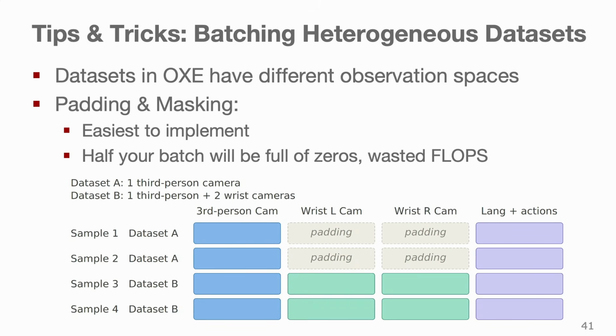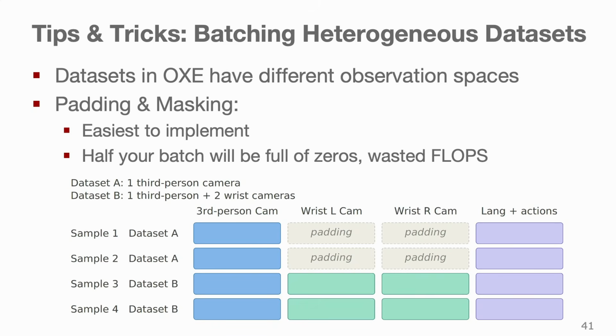Another design choice one has to make when training generalist policies is how to batch heterogeneous data. This will be maybe less relevant for you because I assume you will mostly be fine-tuning on your one robot. But when you do pre-training with more different embodiment sources, this becomes a more relevant question. Because you might have, as I said before, let's say one embodiment with a single third-person camera observation input, and another one where, for example, you add 2 wrist cameras, for a total of 3. And now, therefore, you can't